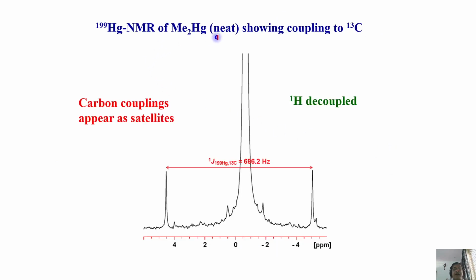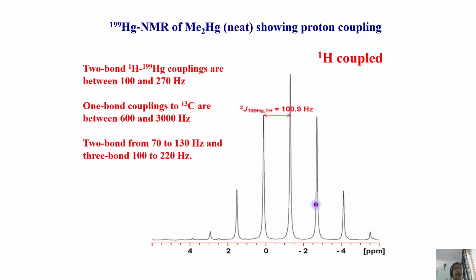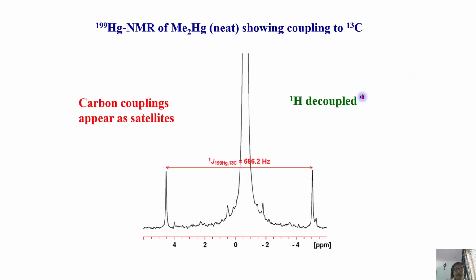And in the same mercury NMR, you can see mercury-199. These are the proton couplings. Now, if you do the decoupling of proton, we can see carbon satellites. Another interesting thing, look at this one. Here, mercury NMR proton coupled. Here you decouple protons, no proton coupling. So in principle, it must be a singlet, but there is a CH3 group attached. They give us carbon satellites. Carbon to mercury coupling is seen.